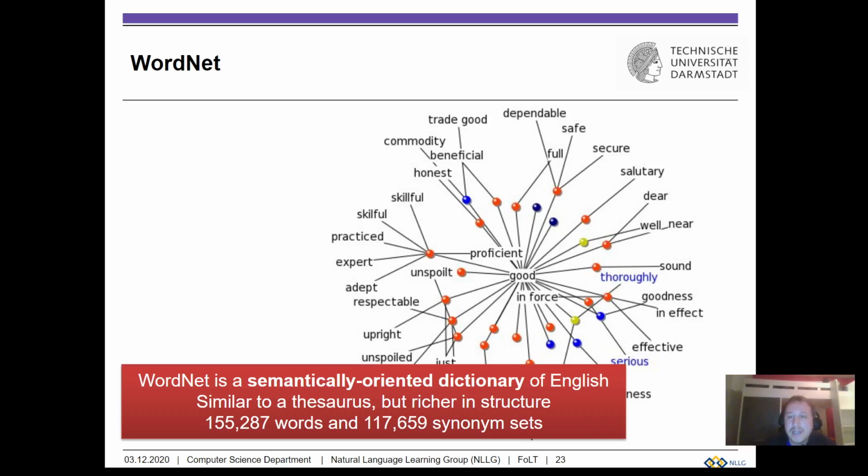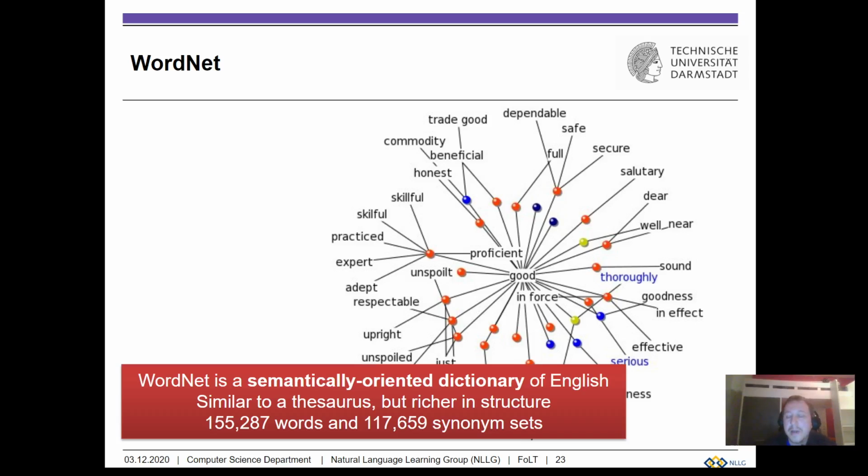But WordNet also has hierarchical relationships between words, such as the is-a relationship, which could mean that two words stand in a hierarchical relationship, such that one word is an instance of another word. For example, the word dog is an animal. So dog is a more specific realization of the more general concept or word animal.